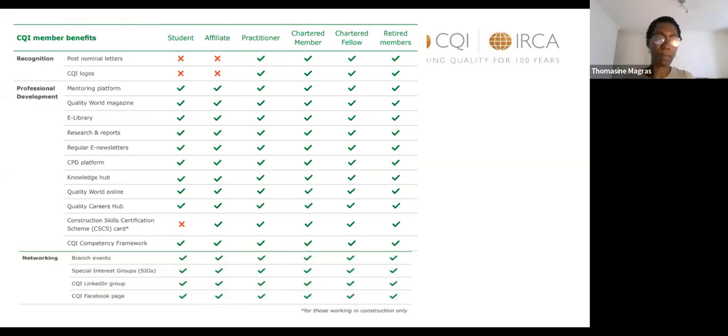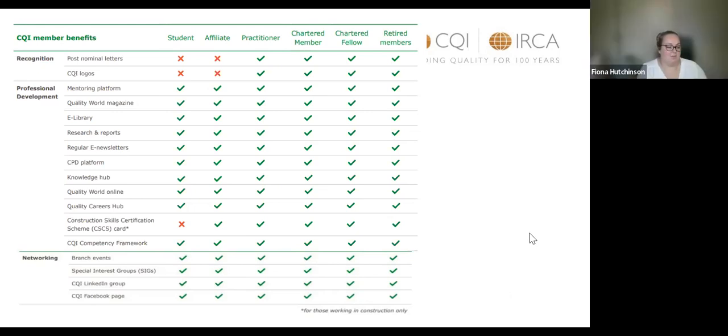Time magazine is my personal favorite, but yeah, it's a comprehensive library with over 4,000 different publications and well worth the time to explore. Some of the newer benefits, the Quality Careers Hub, yes, it's great, and Quality World Online. It's an excellent magazine and now completely accessible because you can look at it on your Kindle, tablet and your phone.